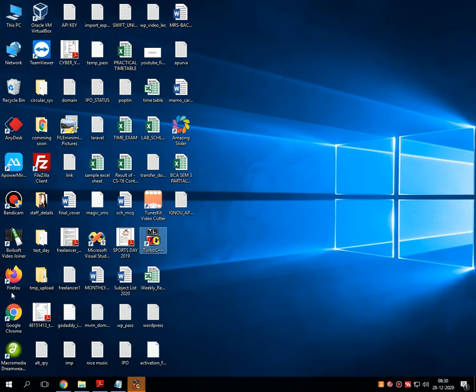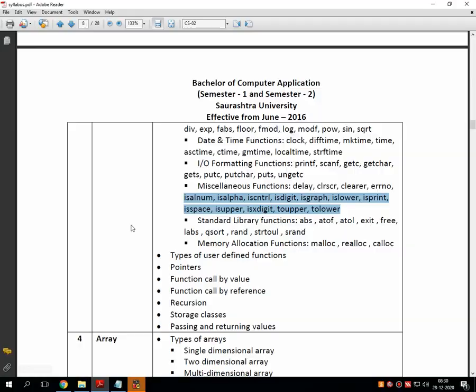Let me check the name of the function again. It is isalnum.